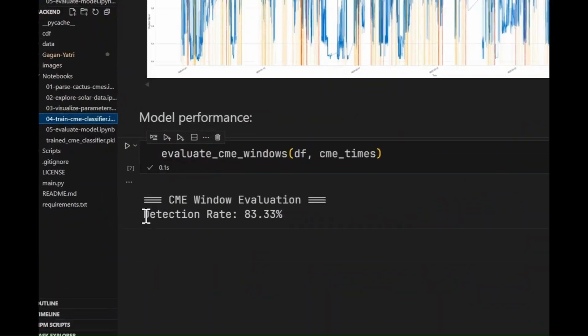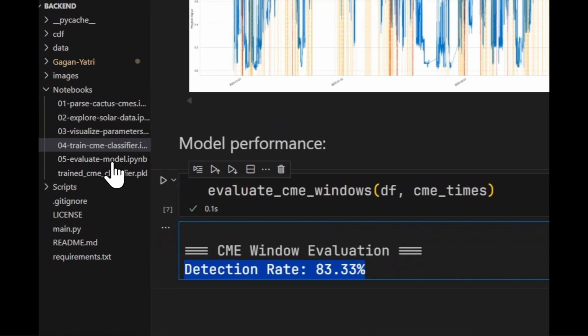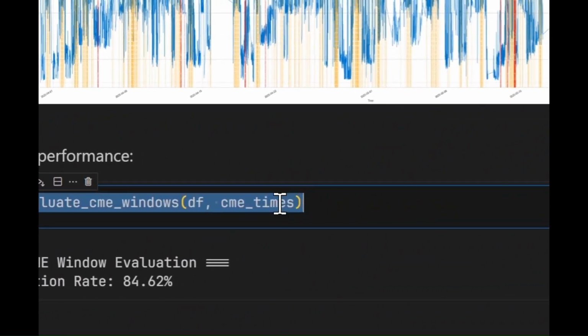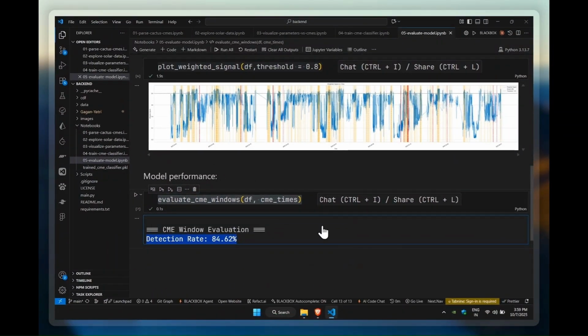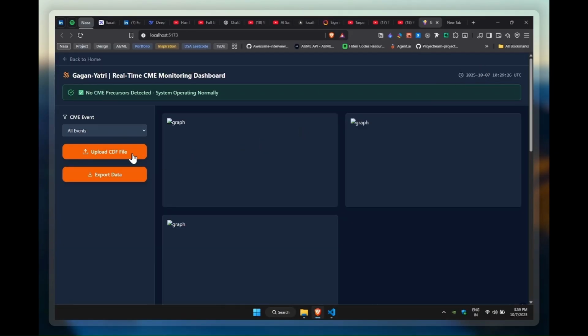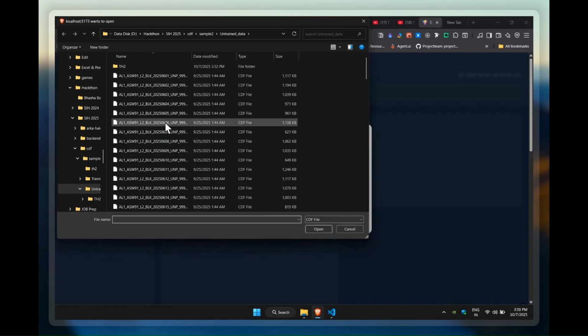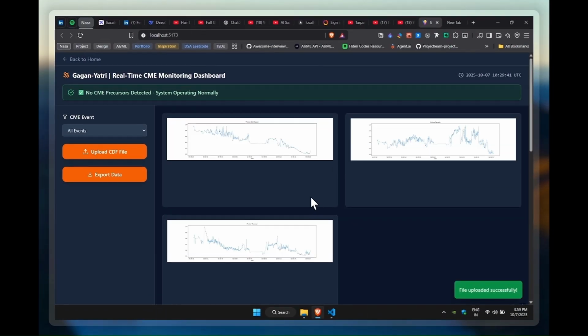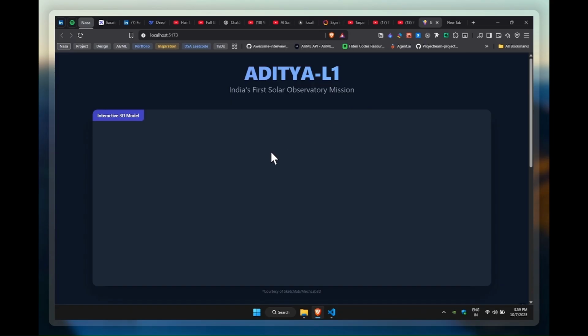We are importing all the data from our operating system, and our accuracy is 84%, which is very great in comparison to a single payload, and our model is prepared in 10 to 15 days. Also, our CME window evaluation, at a particular width and time it will approach Earth, is 85%, which is very great. Now we are uploading a CDF file of SWIS data, and in real time it will make the graphs of flux, temperature, velocity, and density.